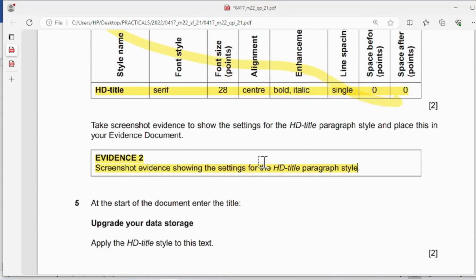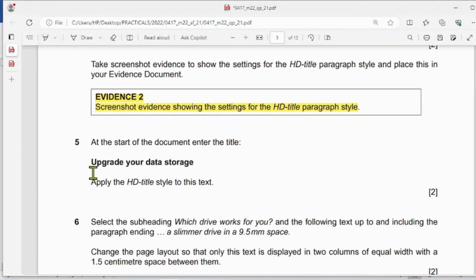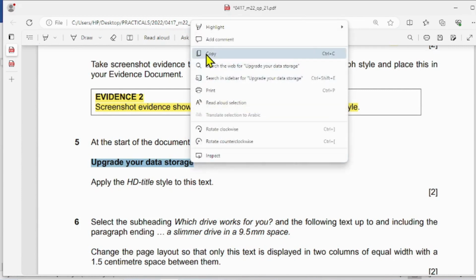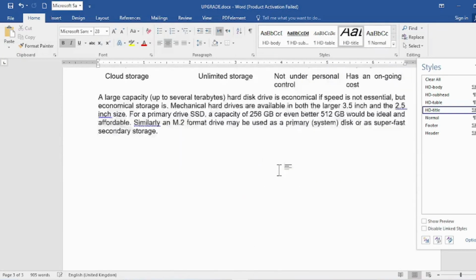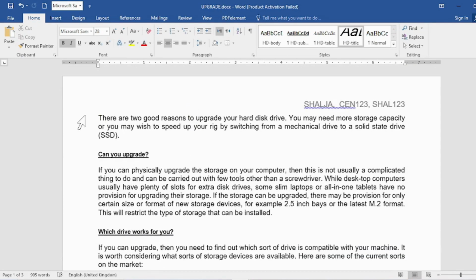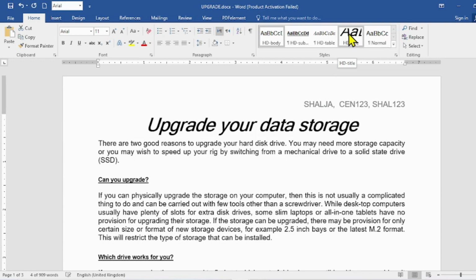Okay. Now number 5, at the start of the document, enter the title. Copy this at the start of the document, apply this style, the one we created, to this heading. Here, go to the top, close this now, and click there, press enter and up arrow. Yeah, and just right click there and paste. You can use the first one, see there. Okay, and select it right now and click, apply our style here. See,